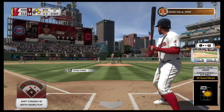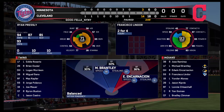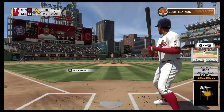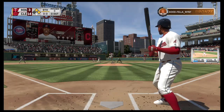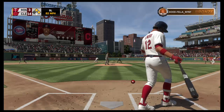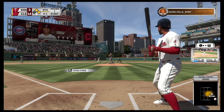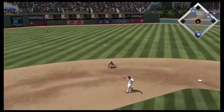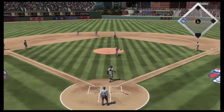So here's Francisco Lindor now. He's doubled and singled in 4 at-bats in this contest. Number 39 gets the call from the bullpen to pitch in relief. Attention, please. Now pitching for Minnesota. Committed to that one a bit too soon as it locks him up for strike 1. Comes set and the 0-1. Line, but speared on a hop at first, so he comes right out of the bullpen and gets the